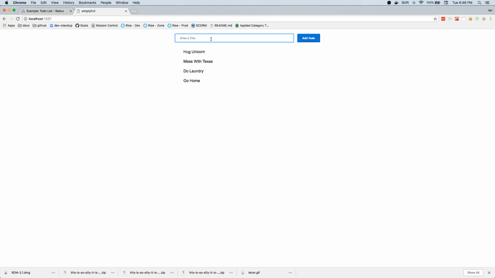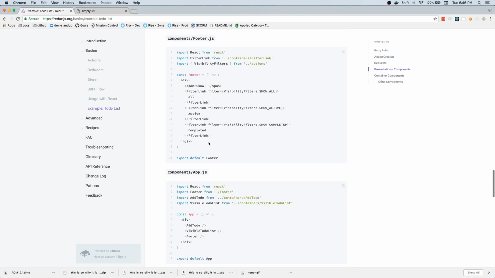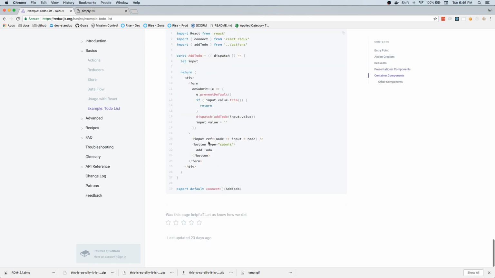We're able to add, we're able to mark things off as complete. So that's where we left off. The last thing we need to do is deal with the filters. So part of the app here is they have this filtering stuff. So we're just going to add all of this filtering stuff, but we're going to do it, of course, a